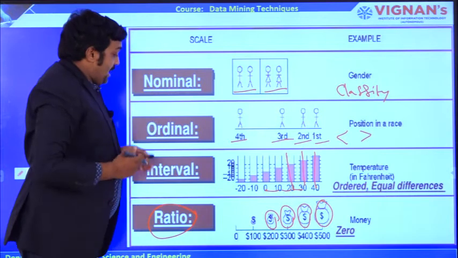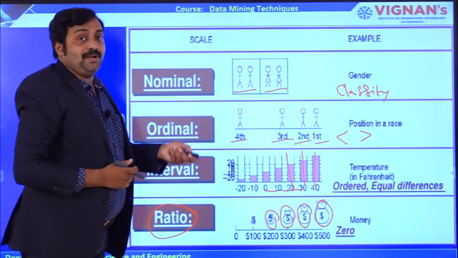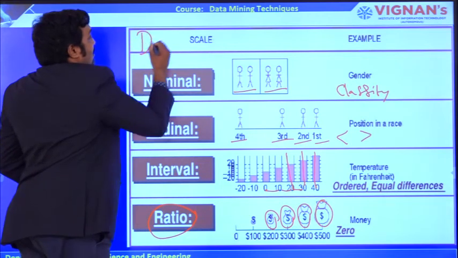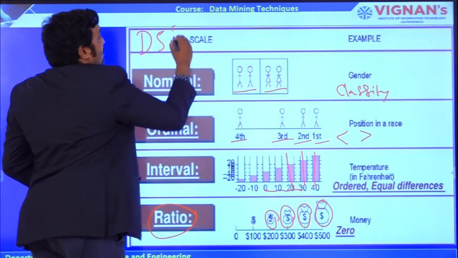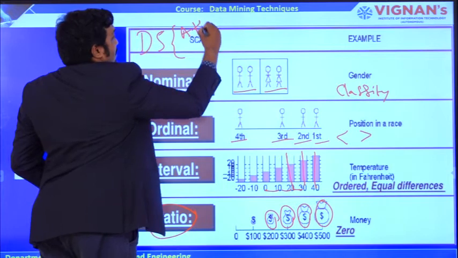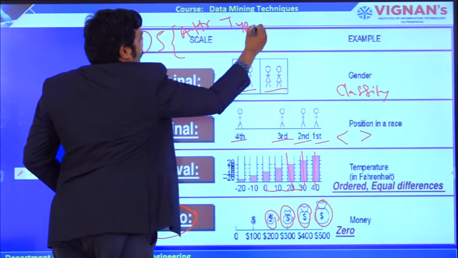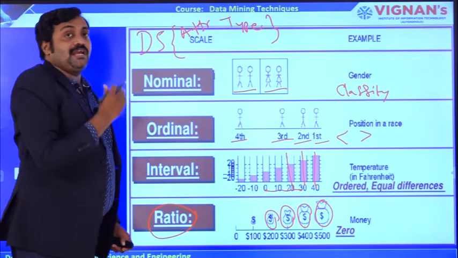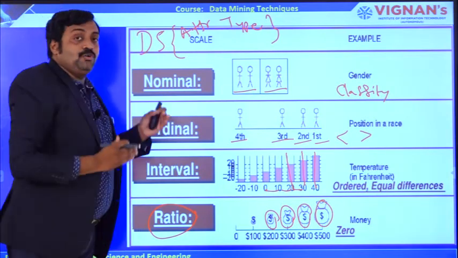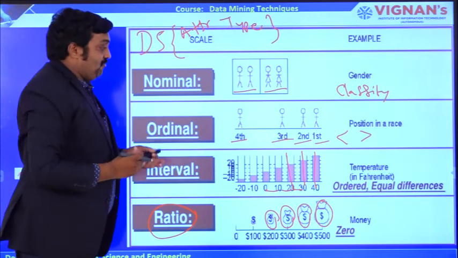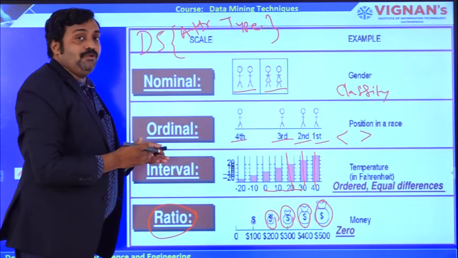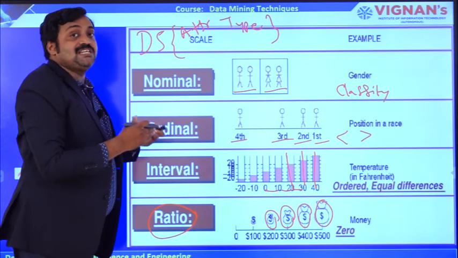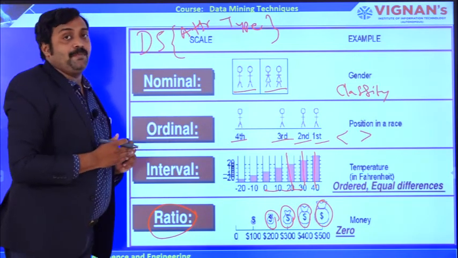Based on the attribute types, we can perform operations on the data set. So a data set contains a collection of attributes, different types of attribute types. If you identify these attribute types, we can easily apply a particular algorithm or technique to mine the information. If you don't know what value you are going to store in a particular attribute, unfortunately we cannot make a correct or wise decision towards the mining operations. Okay.